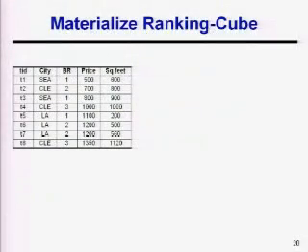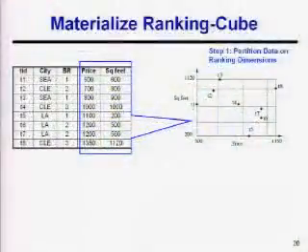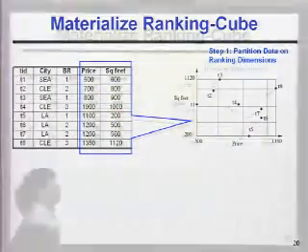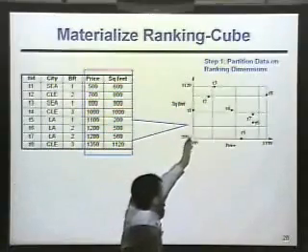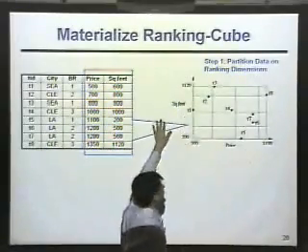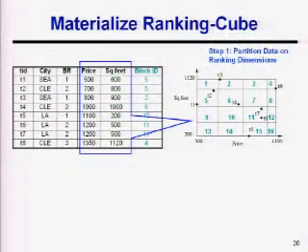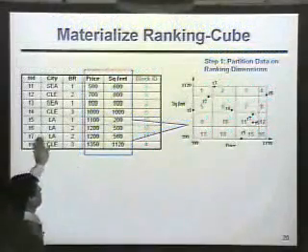So in detail, I will show you a concrete example of how we did this. This is the original database, and given these 2 ranking dimensions, we partition data in this way. Just for simplicity, we use a very simple grid partition. We partition the price into 4 bins, and we partition square feet into 4 bins. From the intersection of them, we get 16 blocks. Then we assign a block ID to each block, and we know which tuple is in which block.